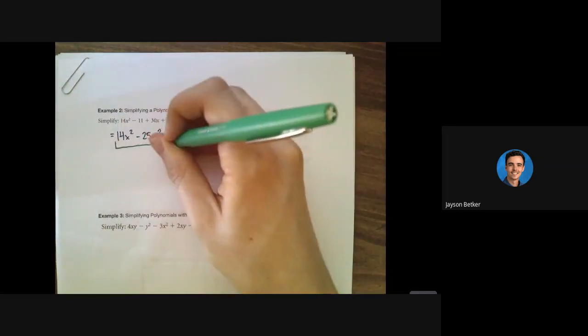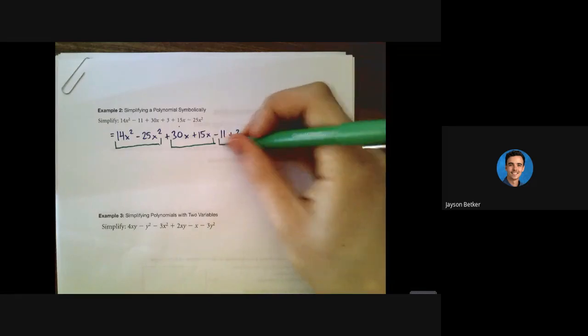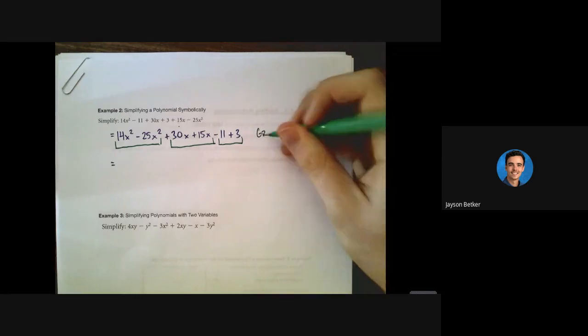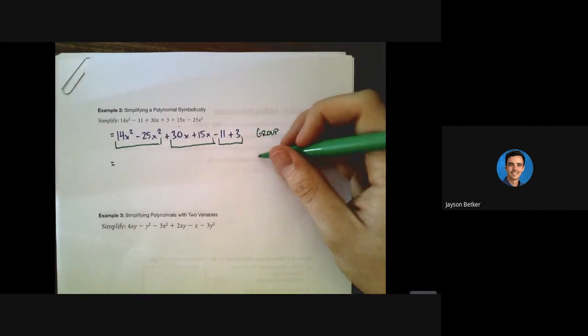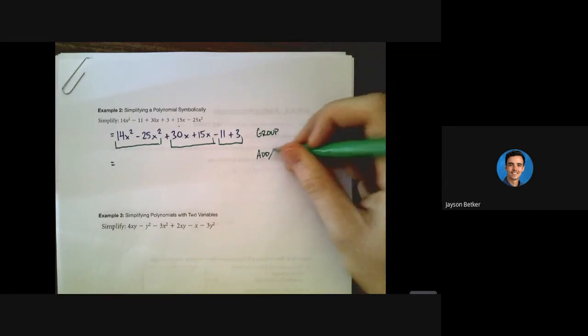So if we were looking at this in terms of like terms, there are x squareds, there are the x's, and there are the numerical values with no x, right? The x to the zeros technically. So all you have to do now, last step, is just evaluate the coefficients. So our first step is to group. And then our second step is going to be to add slash subtract